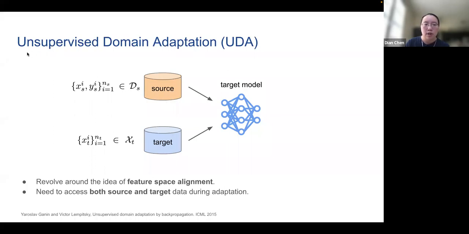And the reason this is called unsupervised domain adaptation is that for your target data, you don't have labels anymore. So you would only have access to the data you want to, let's say, run inference on. So you have your Xs from the target domain. And typically what unsupervised domain adaptation does is that